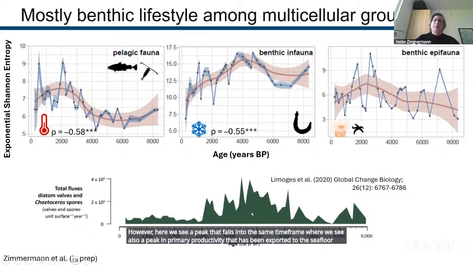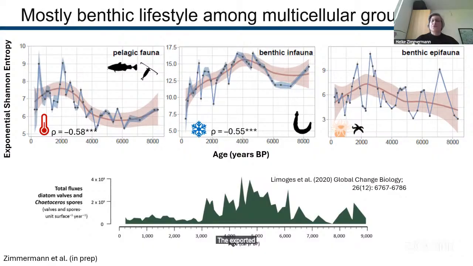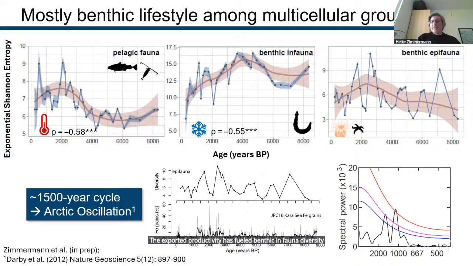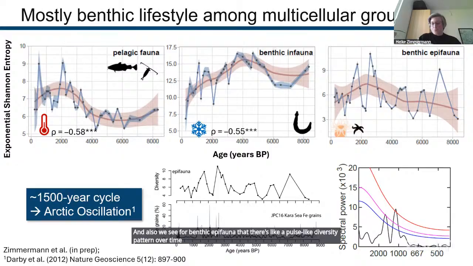So we assume that the exported productivity has fueled benthic infauna diversity. And also we see for benthic epifauna that there's like a pulse-like diversity pattern over time. And with spectral analysis, we found that there's actually a 1,500-year cycle that fits with dominant swings in the Arctic